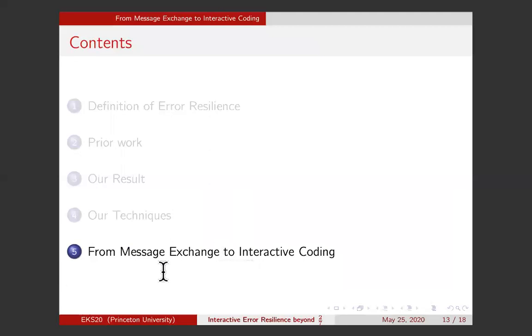In the last section of this talk, I will extend this result from the simple message exchange task to all interactive tasks and get an error resilience larger than 2/7 that works for all interactive tasks. I will build on the same idea of Bob sending feedback to Alice via the is_sure bit that we had, but this new idea will run into several challenges when going for general tasks.